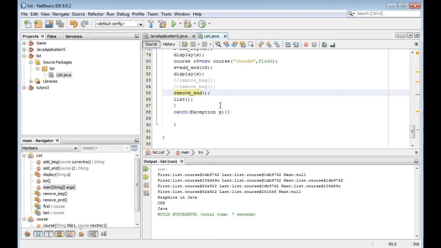First we just call the function without this. We have all the courses there. Now we remove this, and now compile.